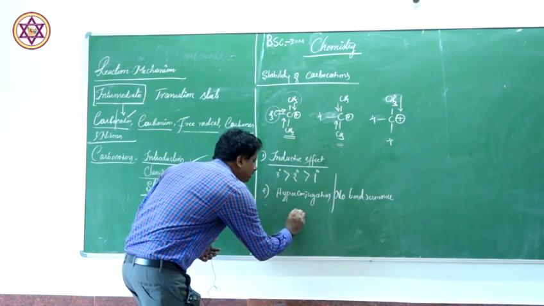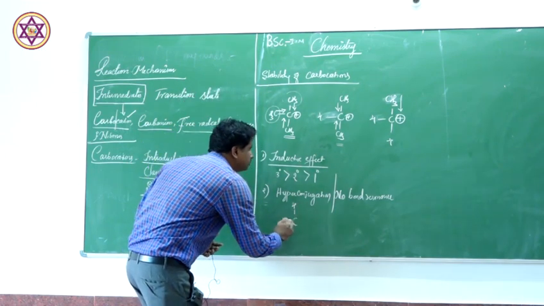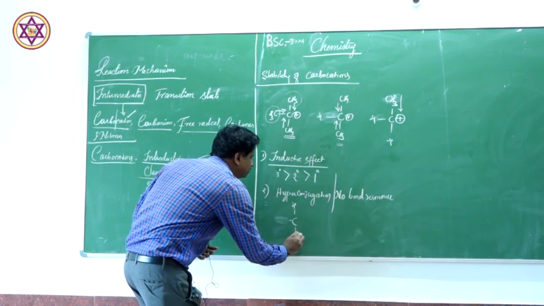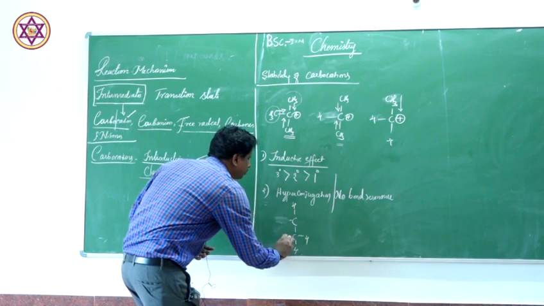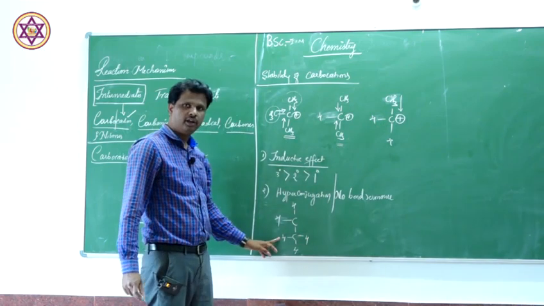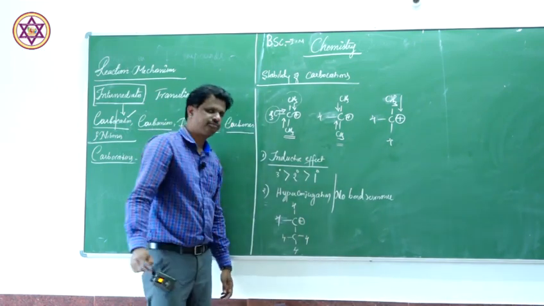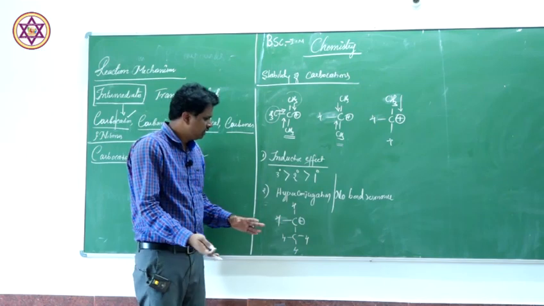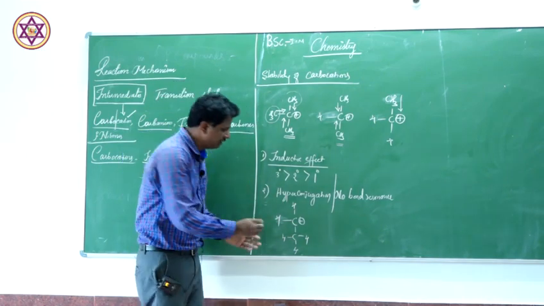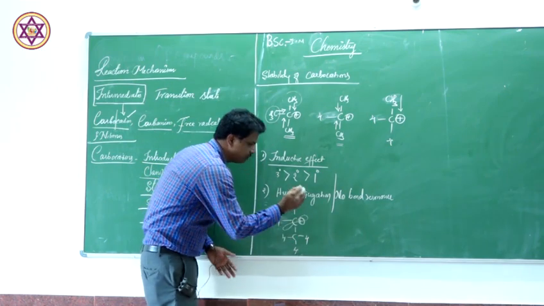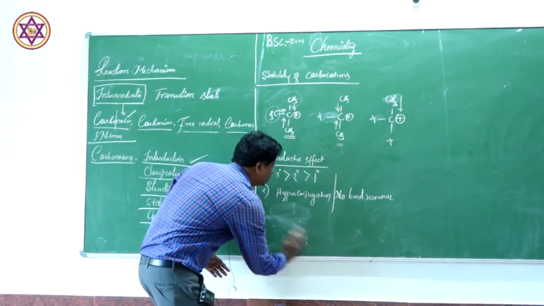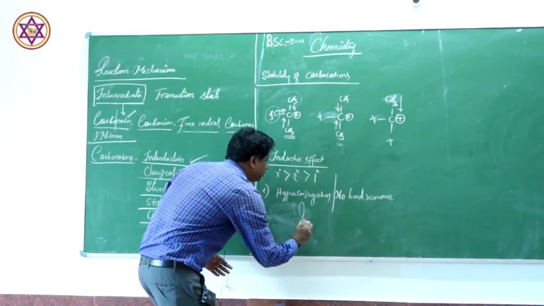Let me write the molecule like this. I have written the same ethyl carbocation in this way. Now there is a positive charge here. This carbocation, as I said, is trigonal planar in nature, and there is an unhybridized p orbital here. So just to make you understand, I'll write it like this.